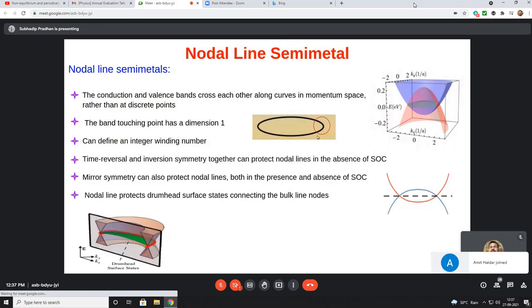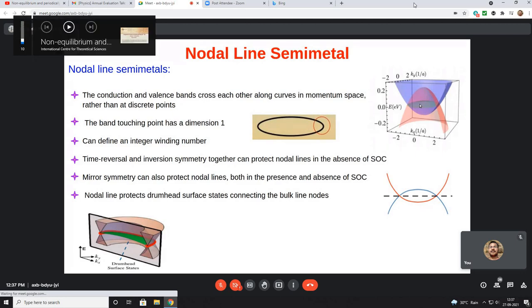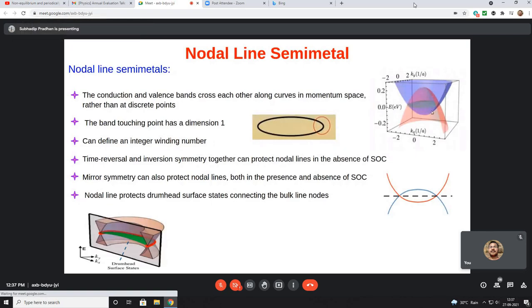Now Subhadip, slow down. Go slowly when you're running through very quickly. Just a question here. The picture that you have shown, this 3D plot on the left corner, there is a nodal line where the two bands are clearly crossing, and the cross section is this circle. But if I do a small k expansion, let's imagine that my Fermi energy is exactly sitting on that cross section, that disk, if I do a k dot p Hamiltonian, does it give me a linear behavior?